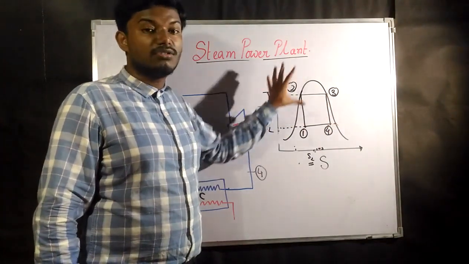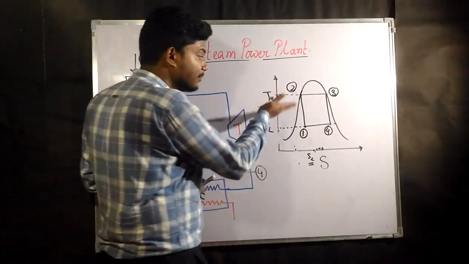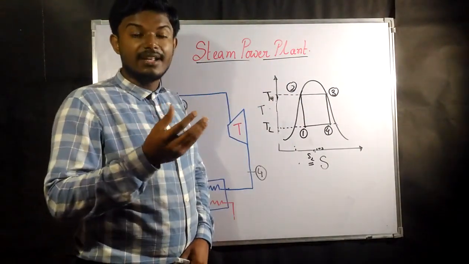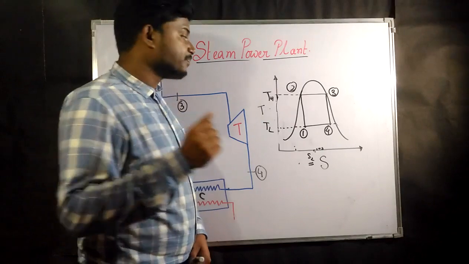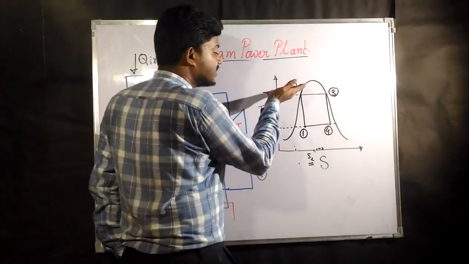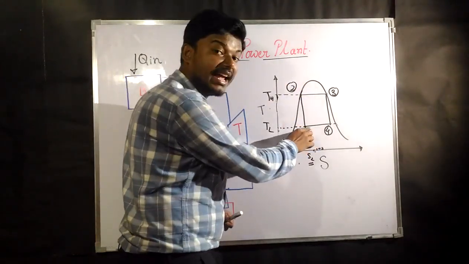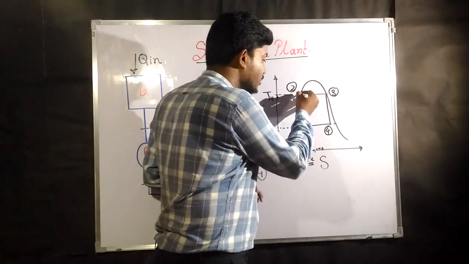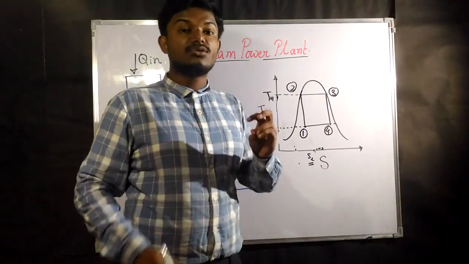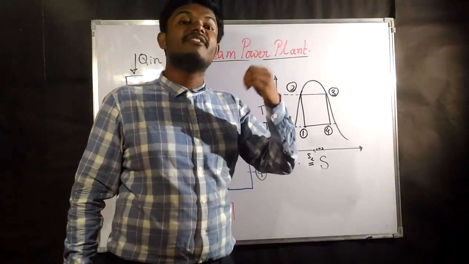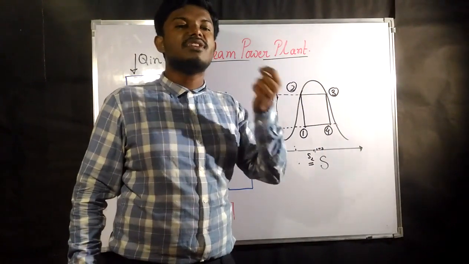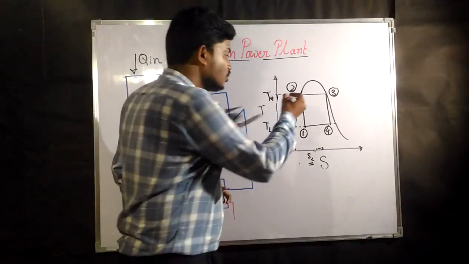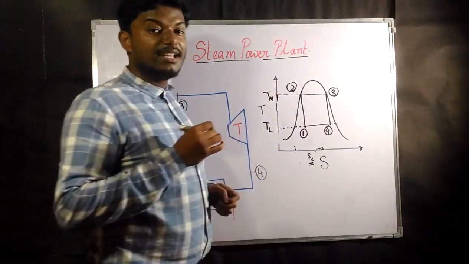Okay, now as we increase the temperature in vapor dome, according to the vapor dome, we have seen that if we increase the temperature, a slightly higher entropy is needed so that it can turn into vapor. Okay, so as we are increasing the temperature keeping the entropy same, that is the reason it is reaching a point where it is saturated liquid. Saturated liquid means what? It is on the verge of evaporation. Just now if you increase the entropy by a slight amount, this is going to evaporate. Okay, so this is going to reach a saturated liquid point.